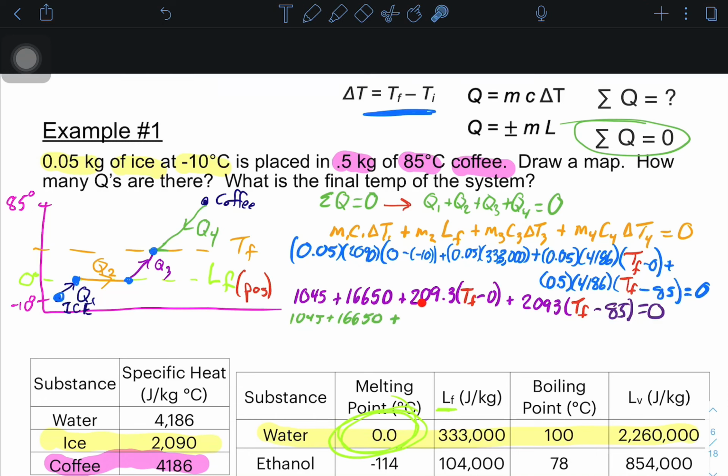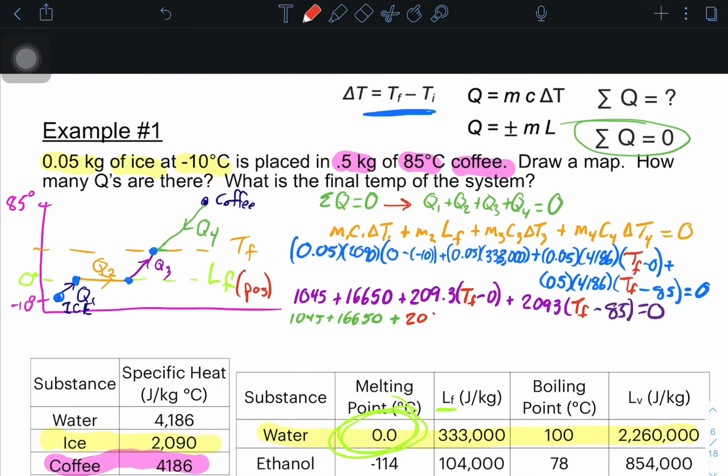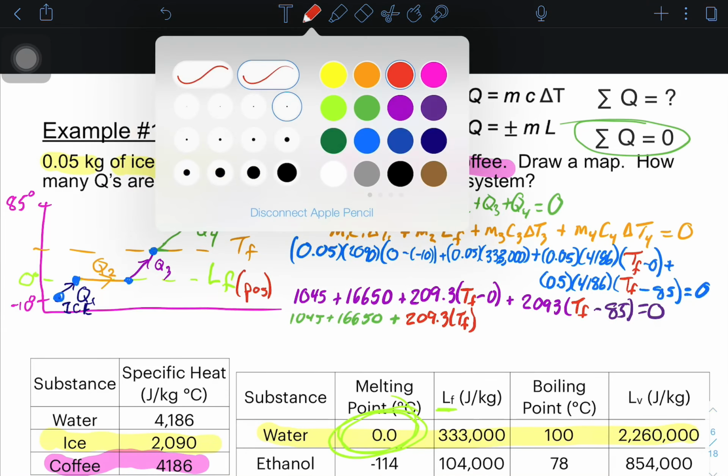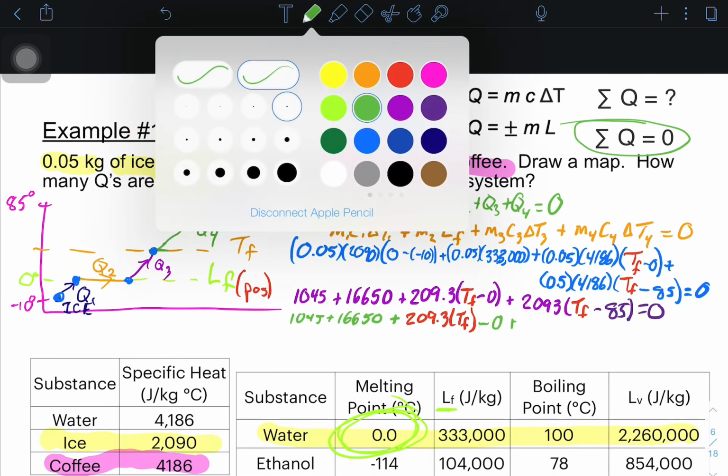Now what we're going to have to do is distribute. So we're going to take 209.3 times TF and 209.3 times 0, and then we're going to take 2093 times TF and 2093 times 95. So we're going to distribute those terms. We're going to get 209.3 times TF and then times 0, so this is going to be a minus 0 plus